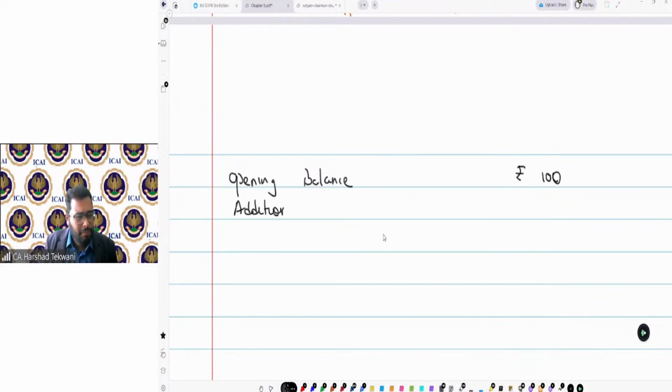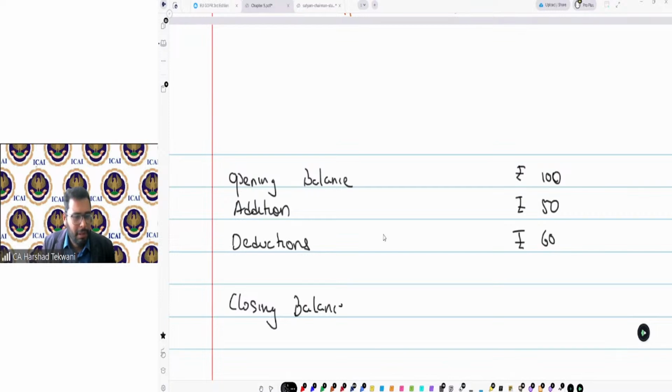Addition, let's say rupees 50. Deductions, let's say rupees 60. This will make the closing balance 90. So, less deductions, add additions, and we get the closing balance.